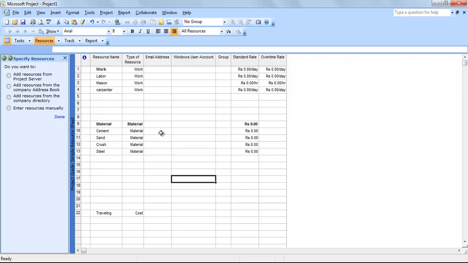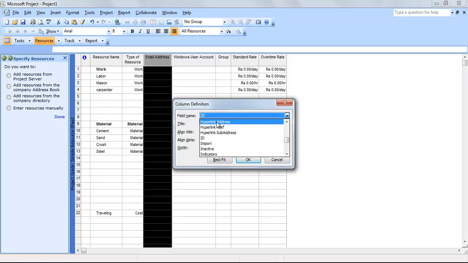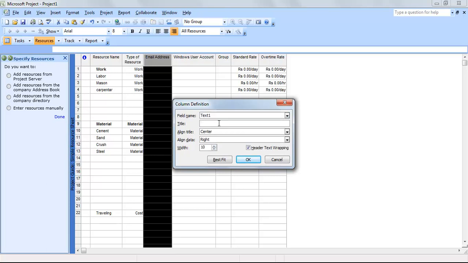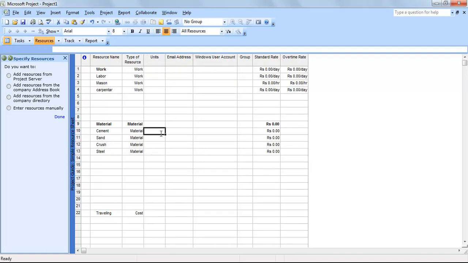50 kg is the standard weight of a bag of cement and 1.25 cubic feet is the volume of one bag of cement. So if you are interested in assigning the units, again I'm going to insert a new column, and from here I'm going to select text, because I'm going to just write text and the title will be units. Click OK. And for my own ease, I am going to write here cement per bag, sand per CFT, crush also per CFT,